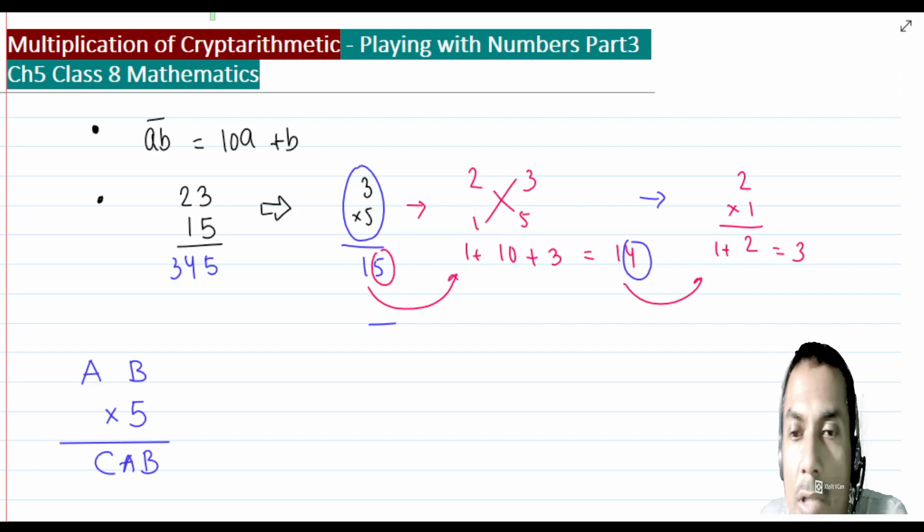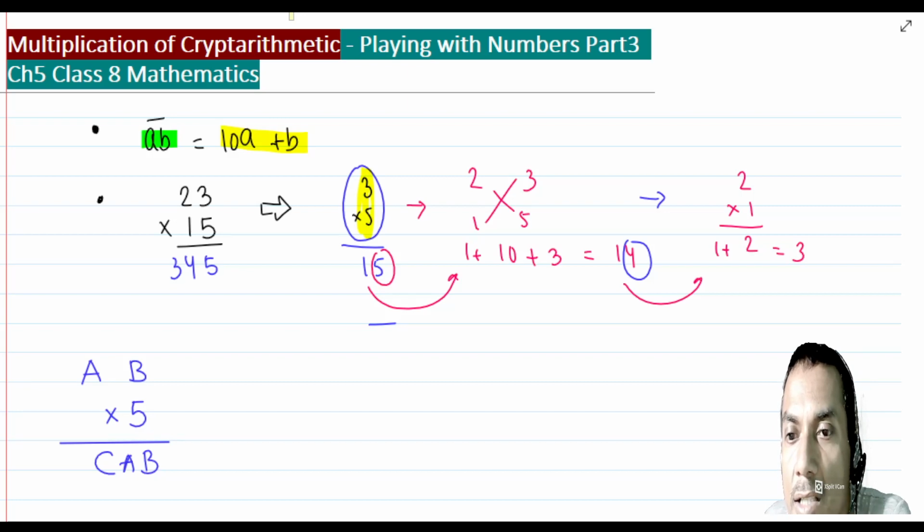Suppose AB is given. In a 2-digit number, we can represent it alphabetically with a bar sign. In the expanded form, we can write AB as 10a plus b. The next concept is for the multiplication of a 2-digit number with another 2-digit number. What is the shortcut? First, we have to consider the